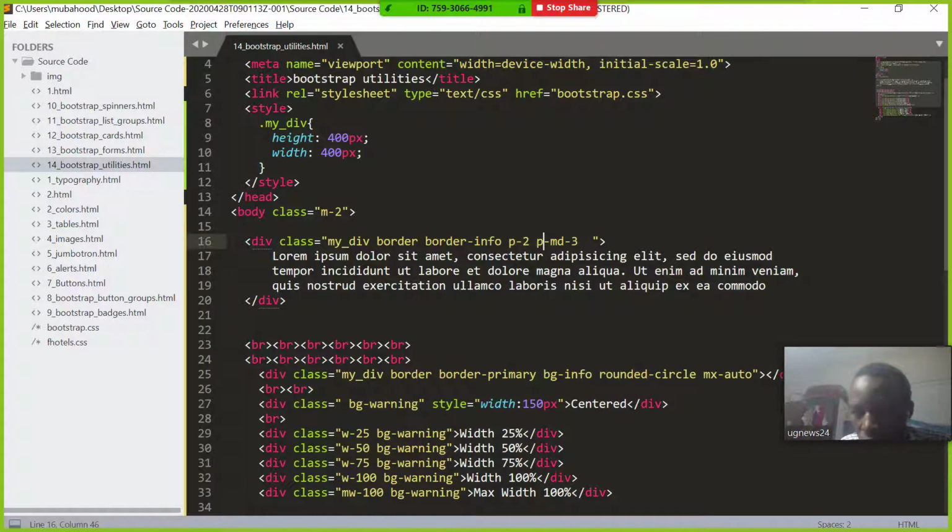The rule of medium will stop the rule of small screen. And then we'll start putting the rule of medium. And then the rule of medium starts from the medium size up to the remaining part, unless we have another one. So I can say now